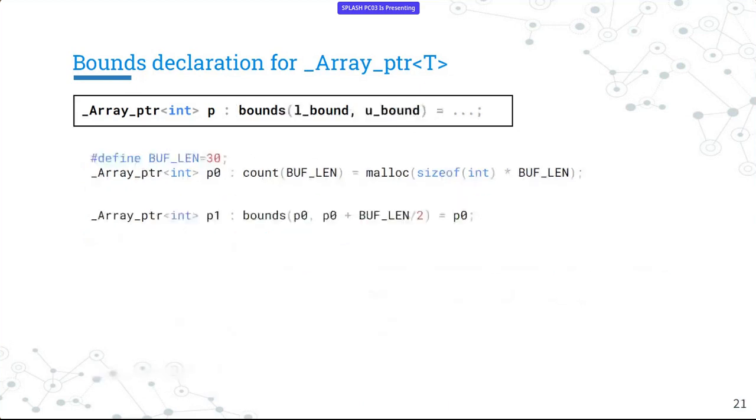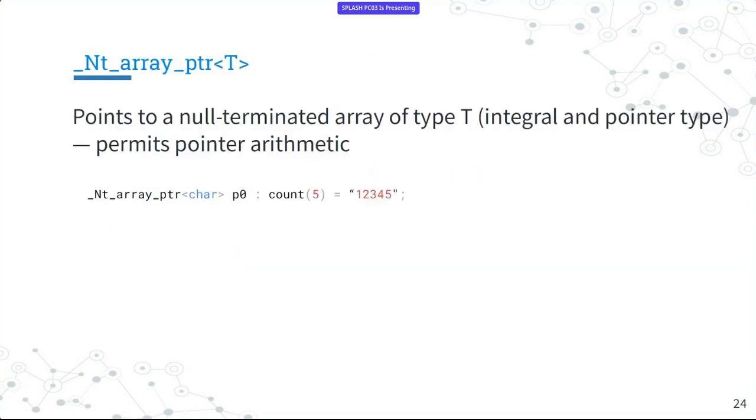Okay. So there are other ways to declare bounds. There is the bounds annotation, which provides a lower bound and upper bound, which are basically absolute addresses that define the range of the array pointed to by the corresponding variable. So here, the same case happens when we are trying to access using this pointer. A check is made. Again, if it can be discharged statically, an error will be thrown. If not, a dynamic check will be added.